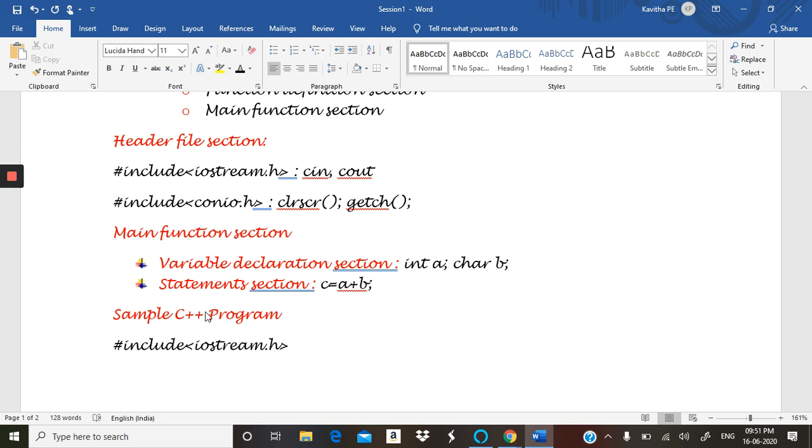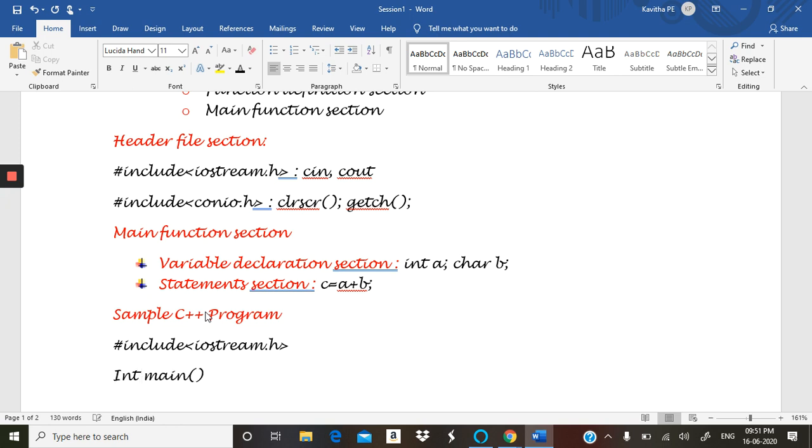Now the next section we are moving on to is the main function section. In the main function section, we are using a keyword main, M-A-I-N. It is to be written in small letters. Since it is a function, we have to represent it using two brackets, which says that it is a function. Please take care that all the letters of main are small case letters.